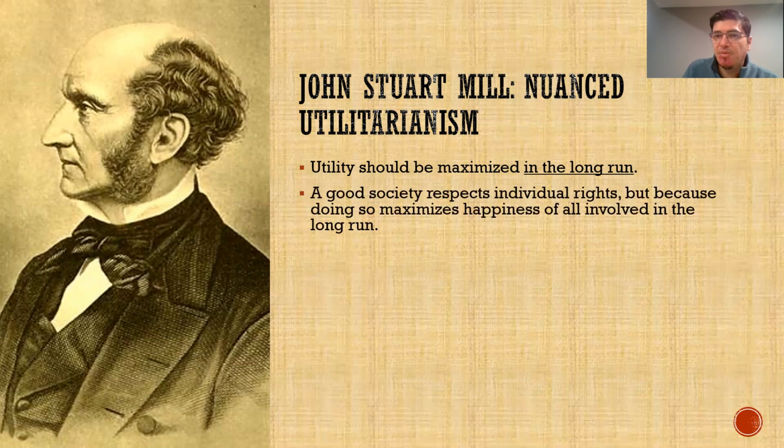So a good society respects individual rights. He allows space for that, but not because individual rights trump welfare, but because in the long run, welfare is maximized by respecting individual rights. Put differently, go back to the throwing Christians to the lions example. Even if in that particular case, throwing a few Christians to the lions for the spectators to be amused maximizes welfare, people's happiness increases, the spectators are happier to see that, Mill's point is that in the long run, a society that allows that has invited a kind of recipe for destruction.